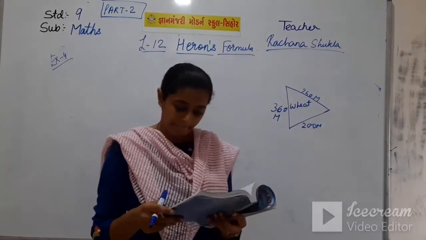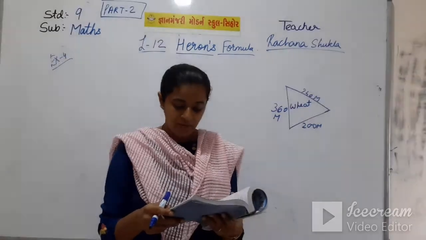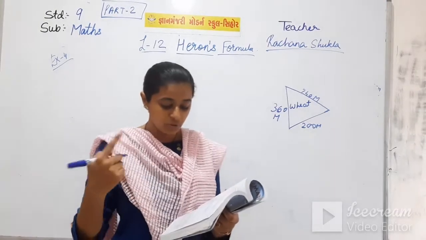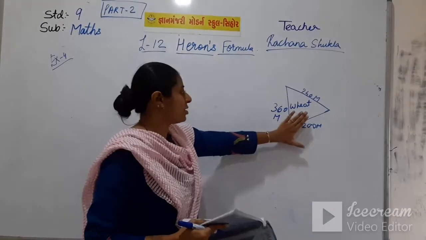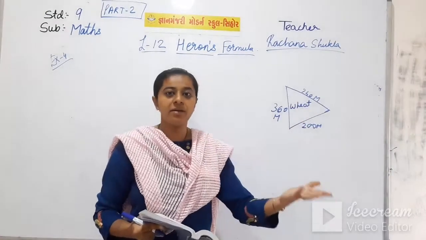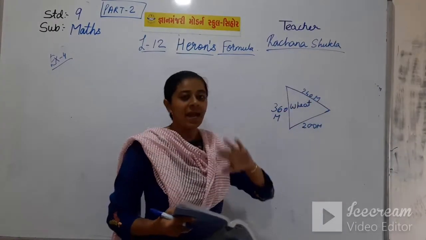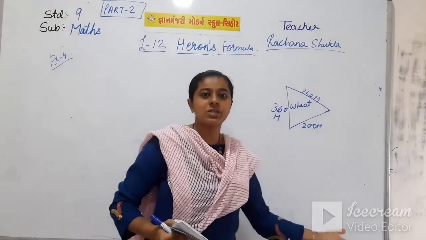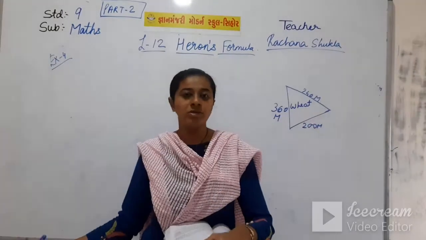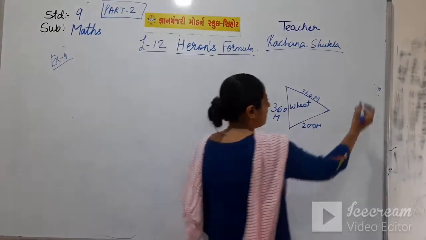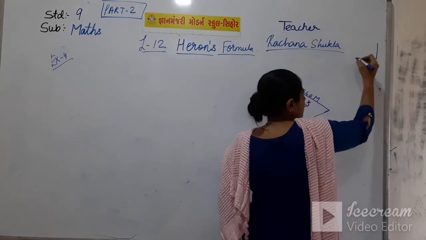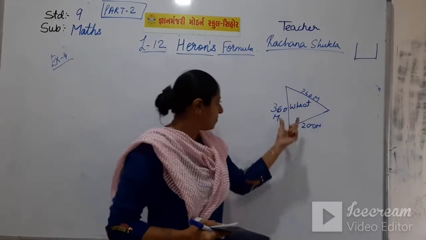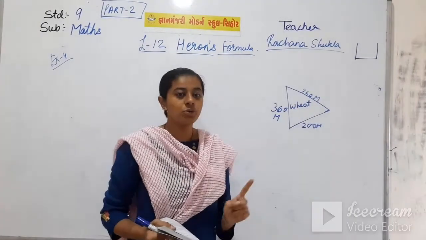Then the question is, another triangular field with sides 240, 320 and 400 meter adjacent to the previous field. Previous field was this. Then she had another field which is adjacent to this field. Adjacent means, I have taught you what is the meaning of adjacent. See, the person who is sitting next to me is adjacent. Here also the person who is next to me is on the adjacent side. If this is one side, this is the adjacent side. This is also the adjacent side. Adjacent means this side. So there is another field which is adjacent to this field.